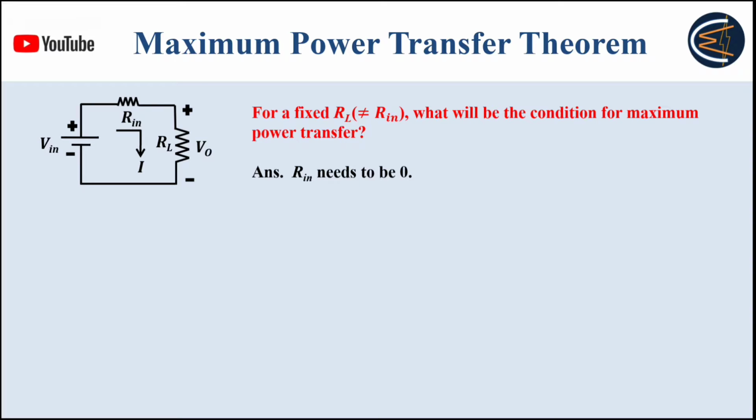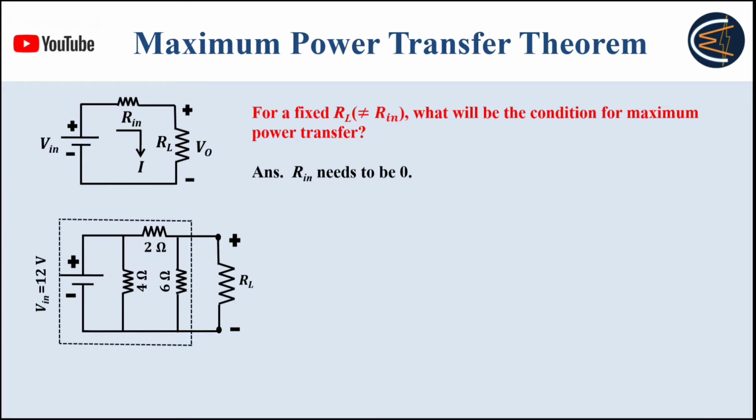So the concept is very simple. Although it is not possible practically, because practically you cannot change the circuit parameters, because these things are already installed inside the circuit. These internal resistances are just internal parameters of that system, you cannot change them. This is just a theoretical perspective, nothing else. So now let's move further.